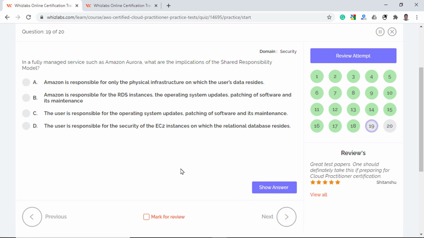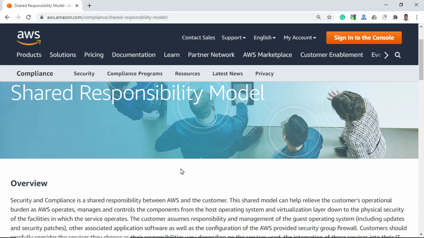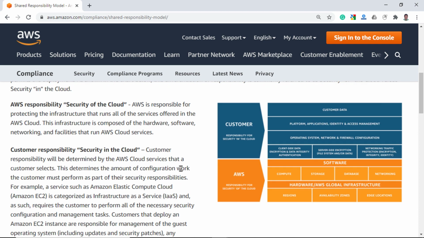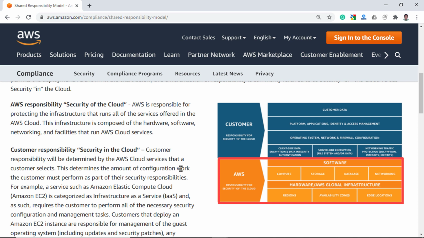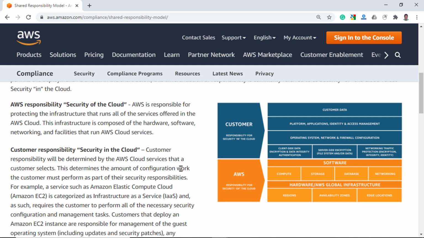In a fully managed service such as Amazon Aurora, what are the implications of the shared responsibility model? First, let's understand the shared responsibility model, which states that the security and compliance in AWS is a shared responsibility between AWS and the customer. As you can see in this image, AWS is responsible for the security of the cloud, so they maintain the hardware, the host operating system, and the physical security of the facilities. Whereas the customer is responsible for the security in the cloud, so he is responsible for the data, encryption, identity,